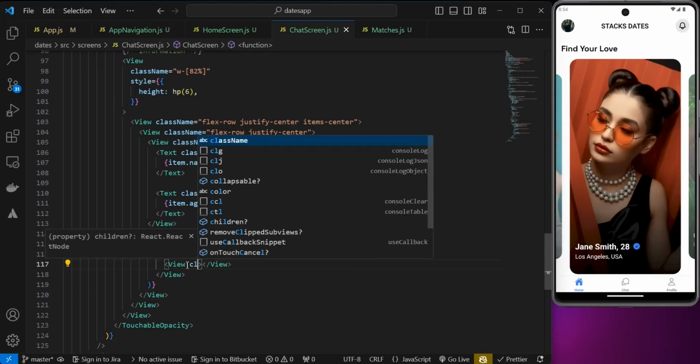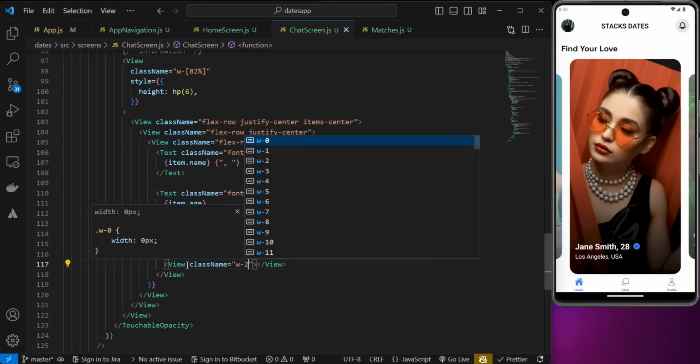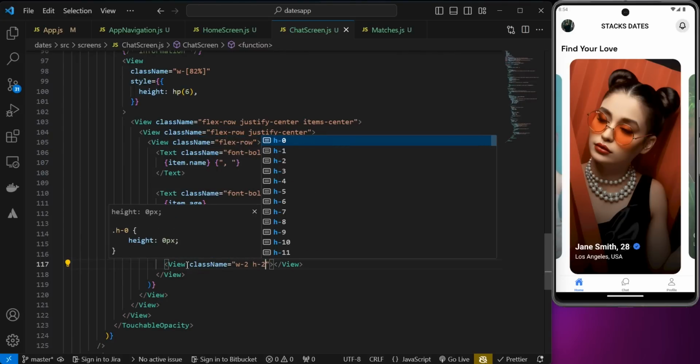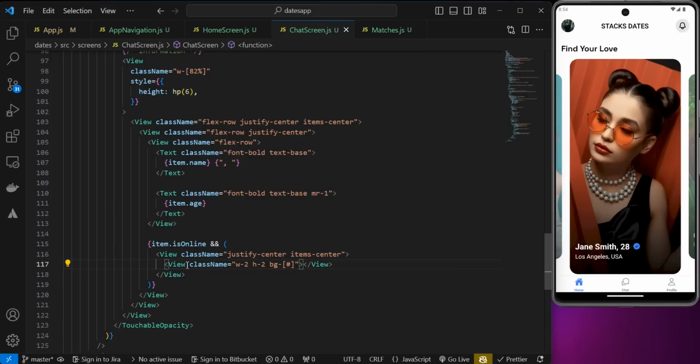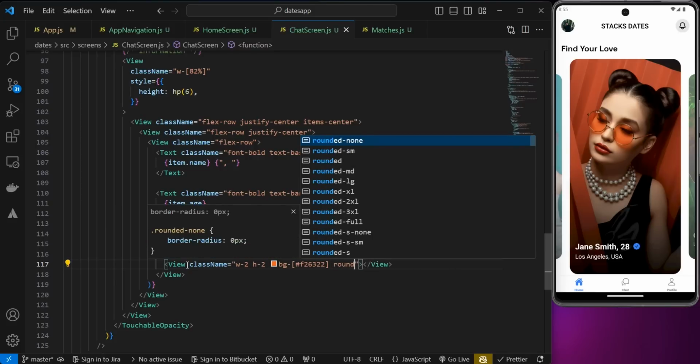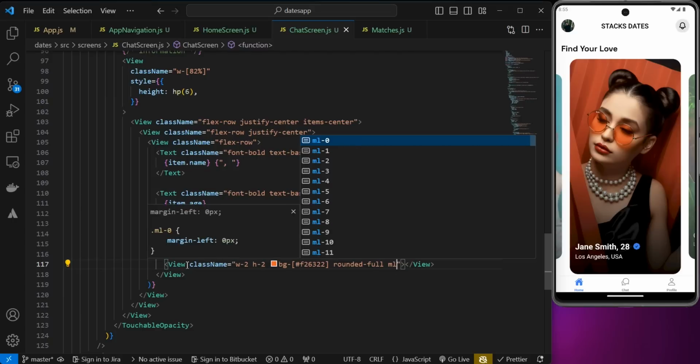And the class name for this is going to be width of 2, height of 2, background of a custom color, which is F26322. And after this, I'm going to say rounded of full,